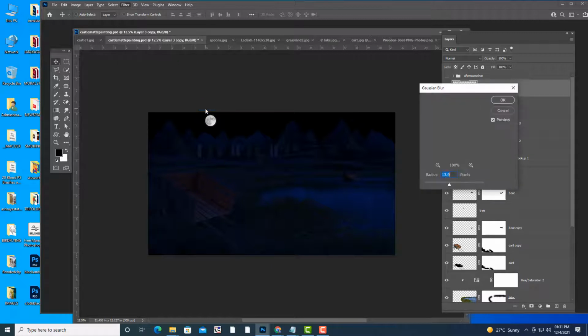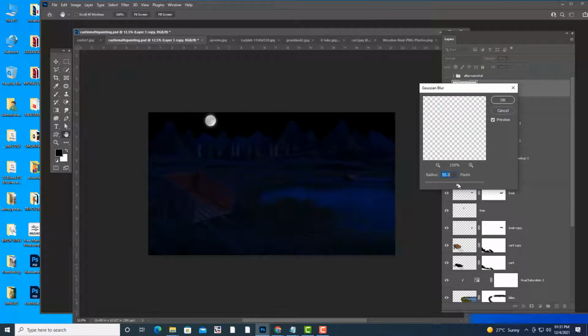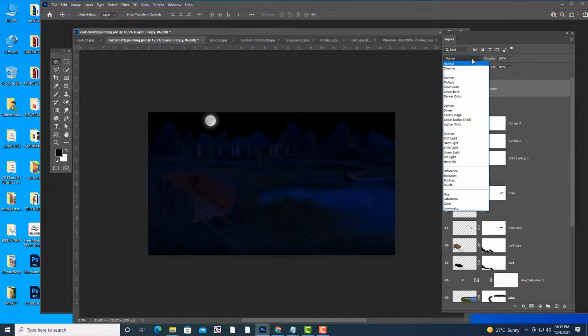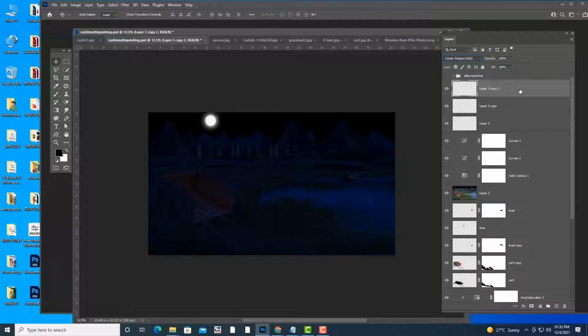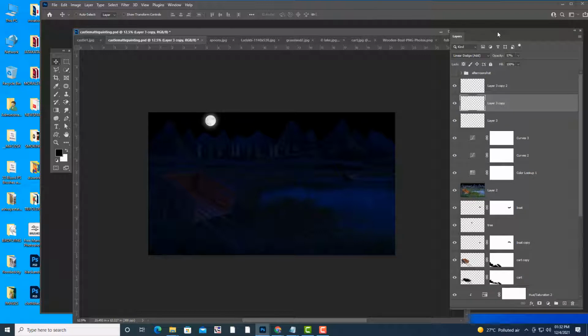Blur, Gaussian blur. Okay, and then I will make it as a linear dot. Okay, we'll just take duplicate. Let us see how it looks. See, now we got some glow, but we can reduce it. Okay, slight light glow. Okay, it's not too much. It's simple. Okay, then what we'll do is we are going to put some stars.